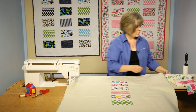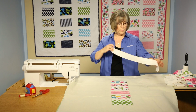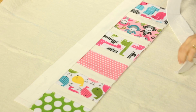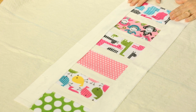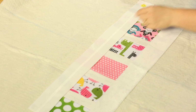Then I come in with a sashing bar that I have stabilized, and that needs to go one on one side and one on the other, like this. Now you're starting to see the quilt start to develop. What we need to do is put those plushes right sides together, and you can see I gave myself even